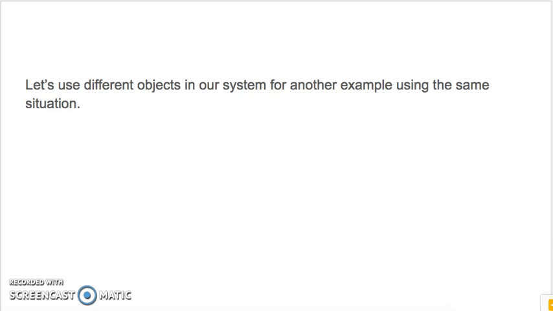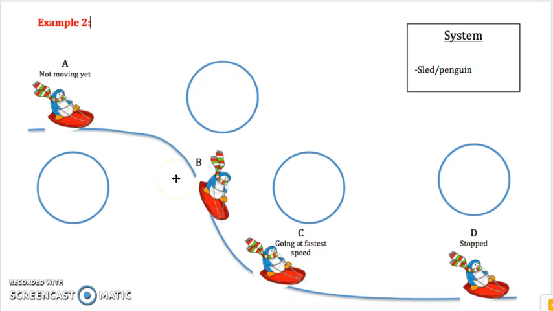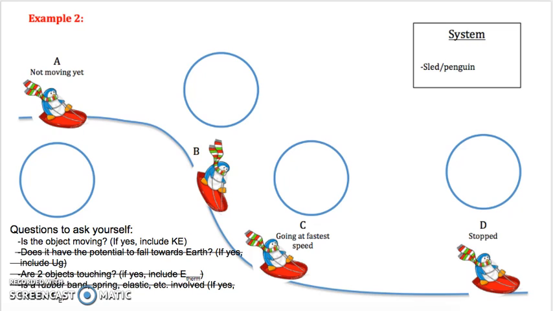Now I'm going to use the same situation, but now I'm going to pick a different system to focus on. For the second time through, I'm going to use just the sled and penguin as my system. So I'm ignoring Earth and I'm ignoring the ground. And that's going to change what our pie charts look like. So with these questions, it's still the same 4 questions, but the answer to the last 3 is all going